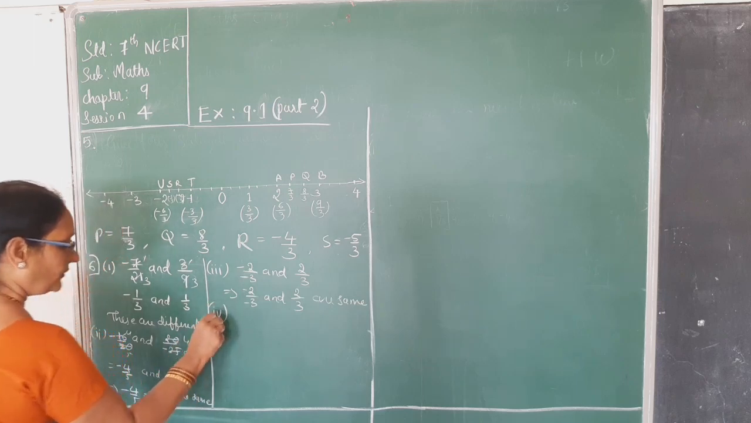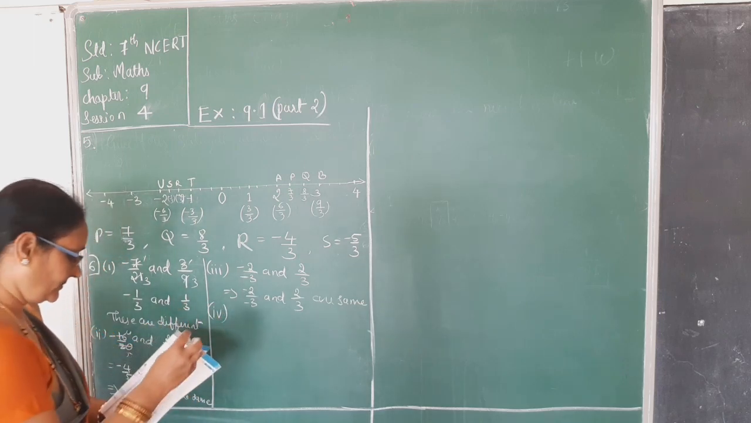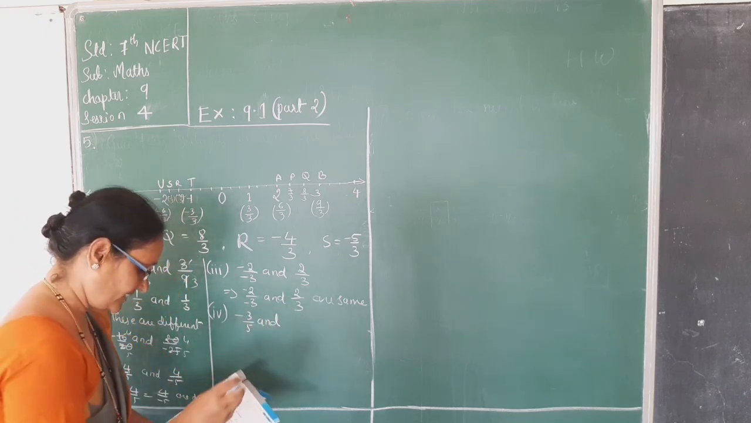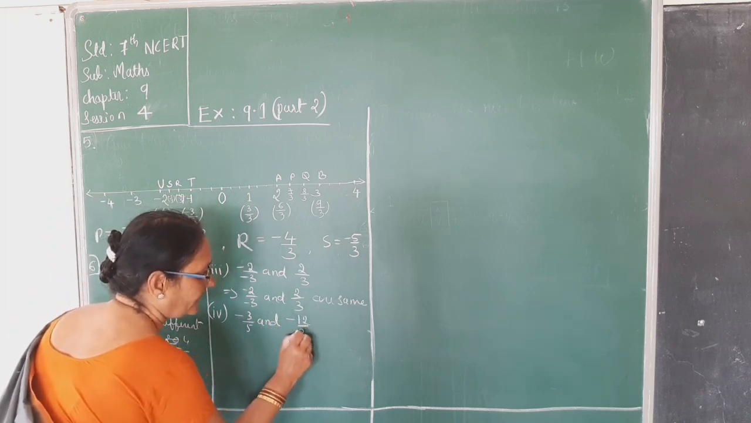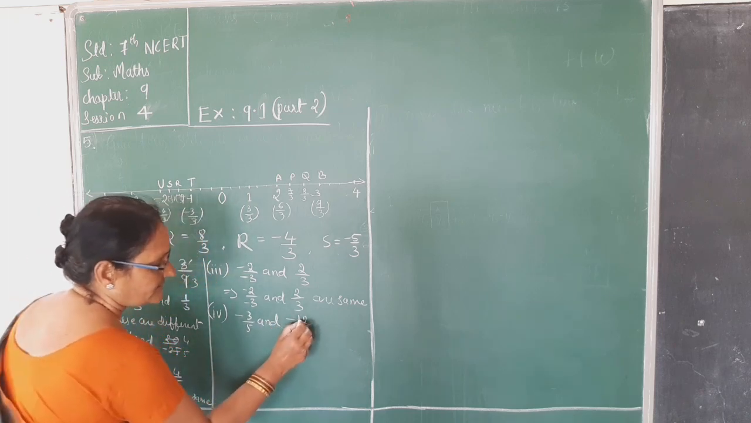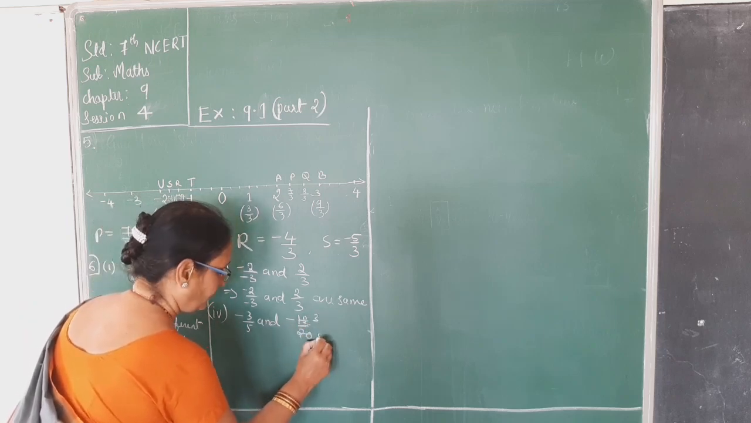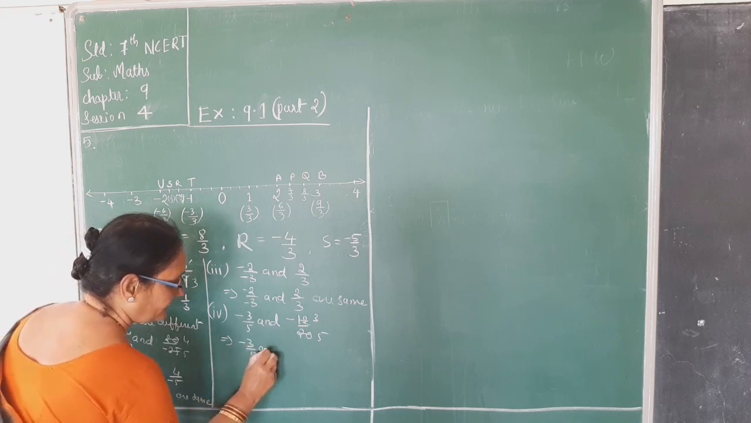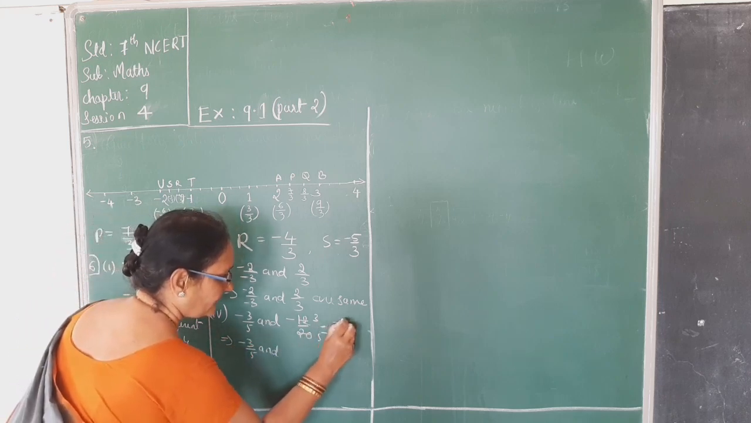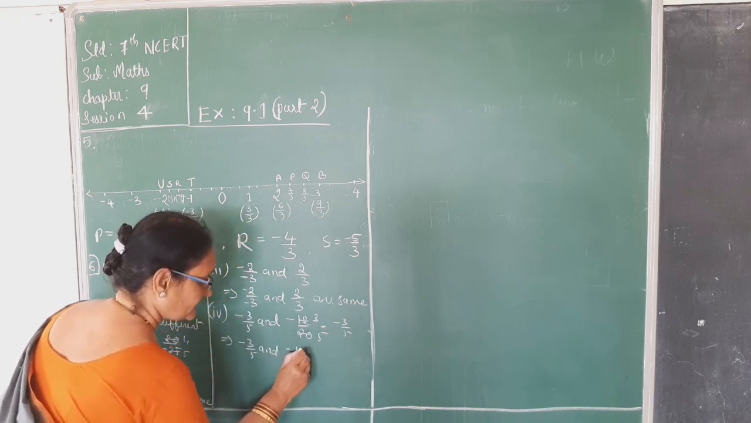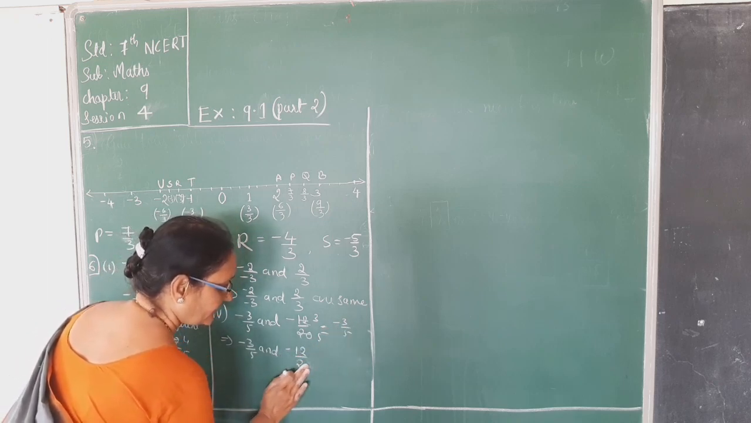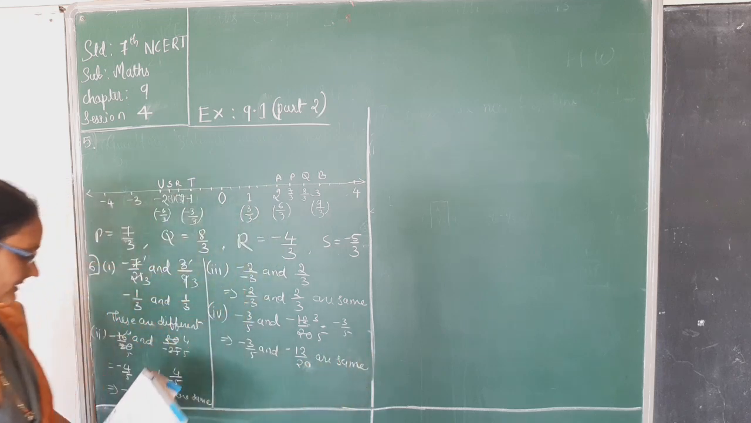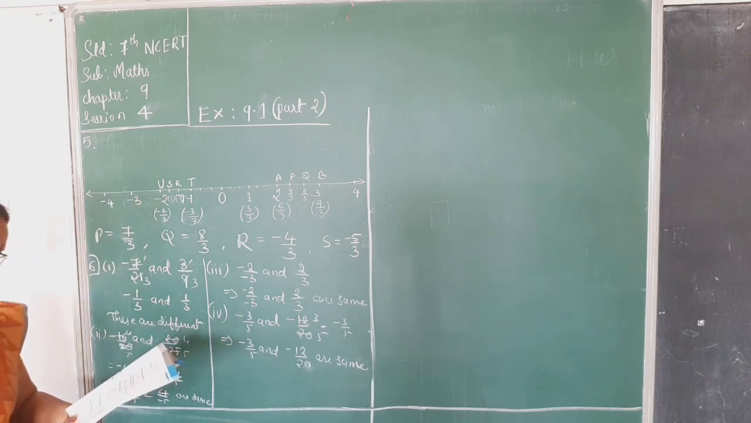Okay. Then next, fourth one, minus 3 by 5 and minus 12 by 20. See now, 4 threes are 12, 4 fives are 20. So this implies that minus 12 by 20 is nothing but minus 3 by 5. So minus 3 by 5 and minus 12 by 20 are the same. Now 4 over. Fifth